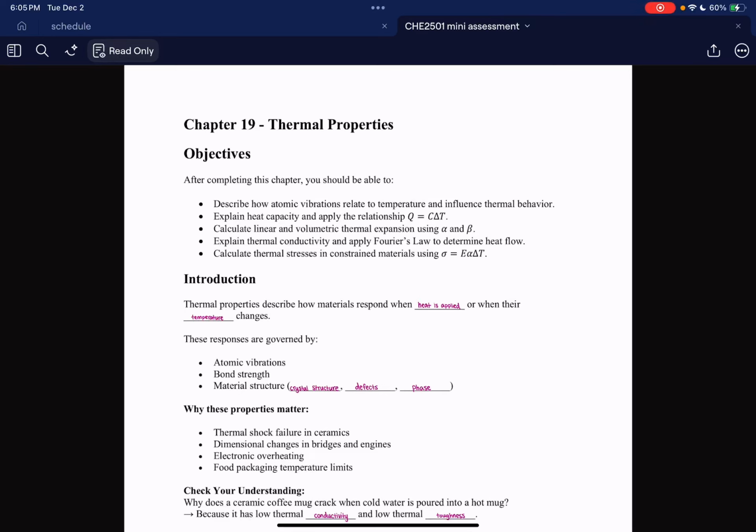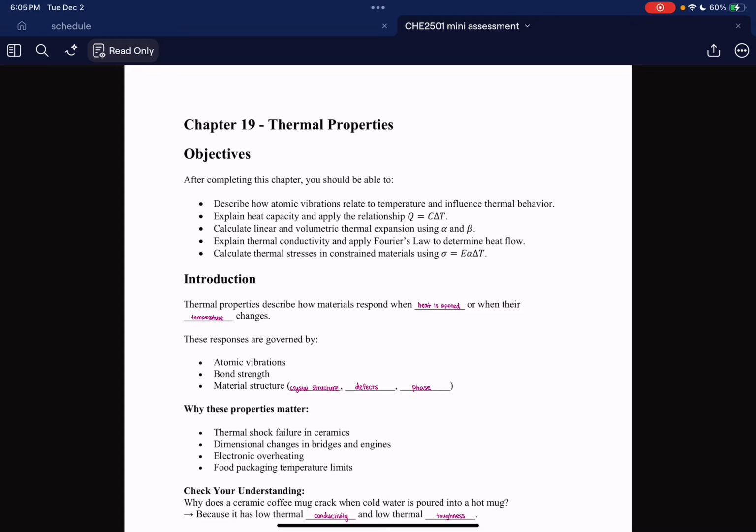Today we're covering Chapter 19, Thermal Properties. Let's start off with the objectives. After completing this chapter, you should be able to describe how atomic vibrations relate to temperature and influence thermal behavior, explain heat capacity and apply the relationship Q equals C delta T,